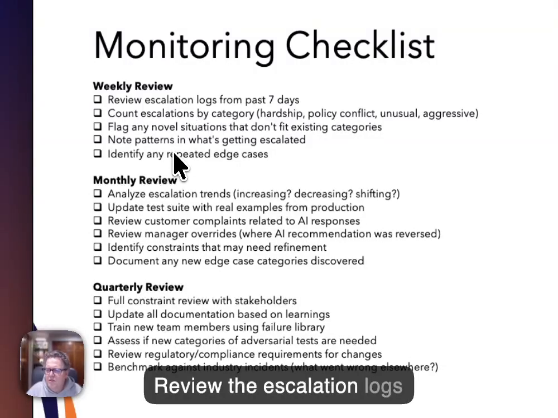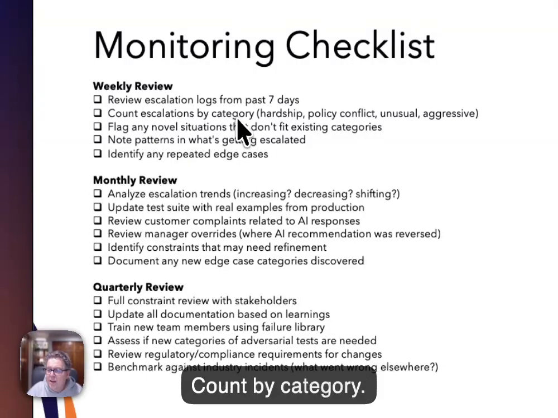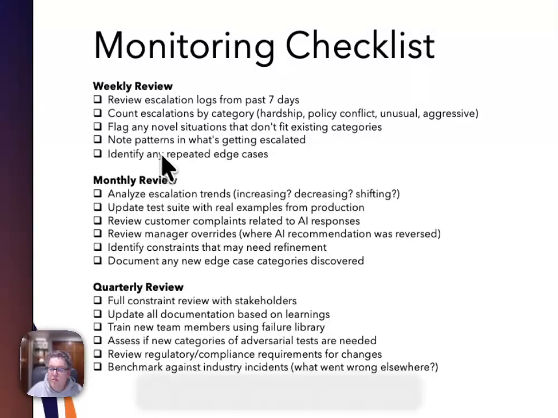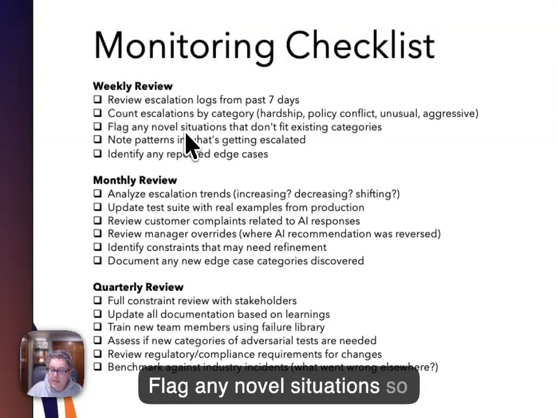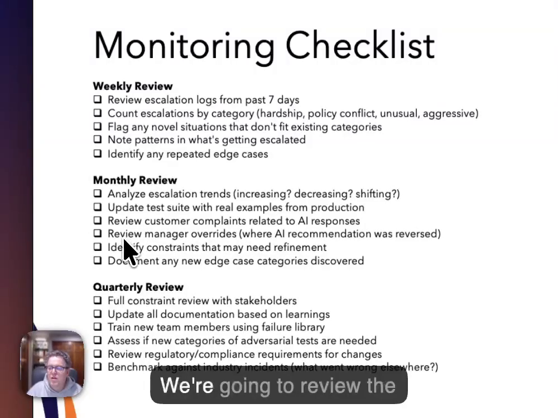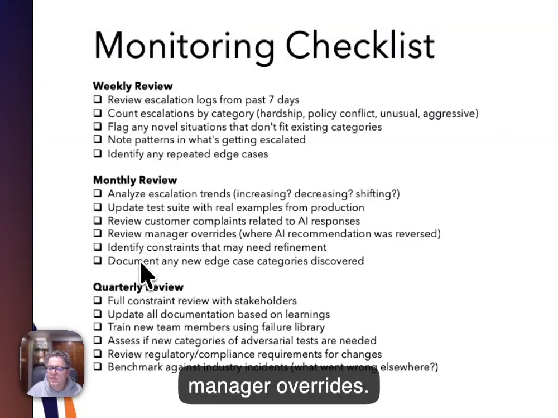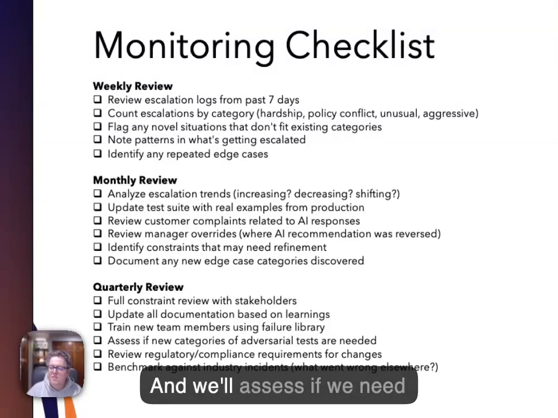Review the escalation logs from the past 7 days. Count by category, right? So we can start to see some trends. Flag any novel situations so that we can deal with those. Monthly, we're going to review the complaints. We're going to review the manager overrides, right? Identify constraints that may need some refinement. And quarterly, we're going to do a full review with stakeholders. We'll train new team members up with the information that we have, and we'll assess if we need some new